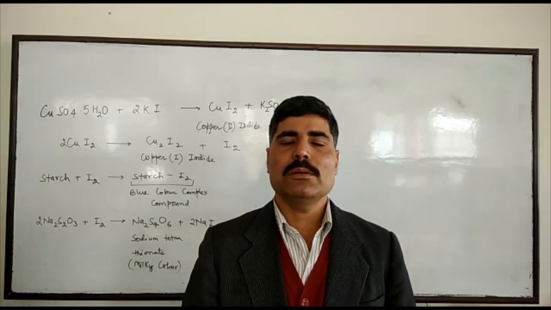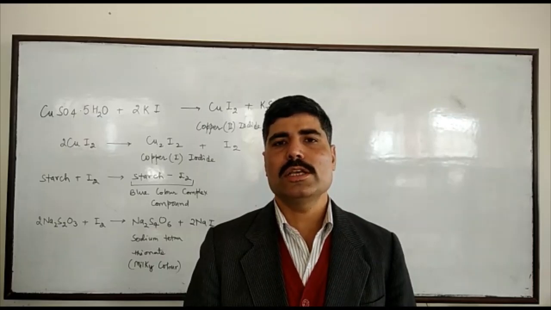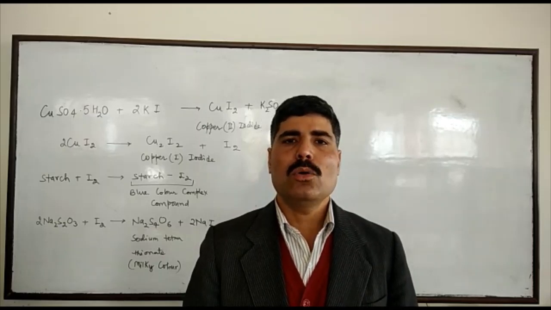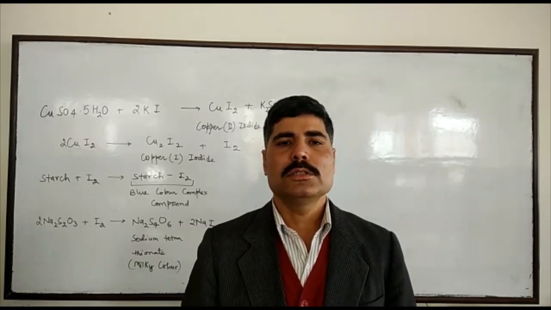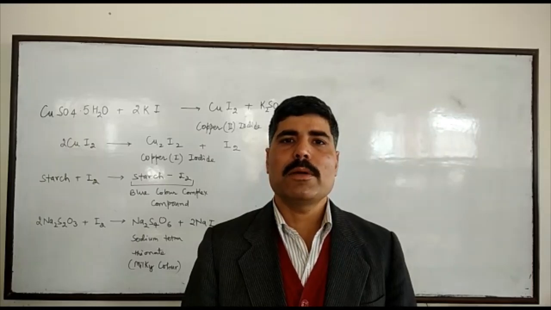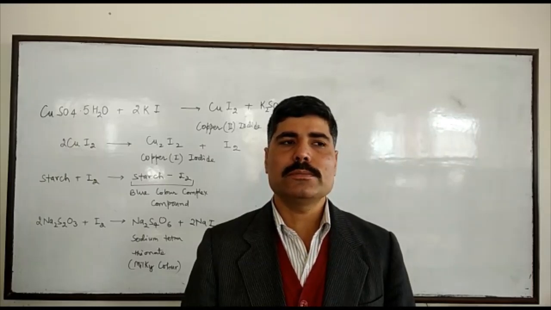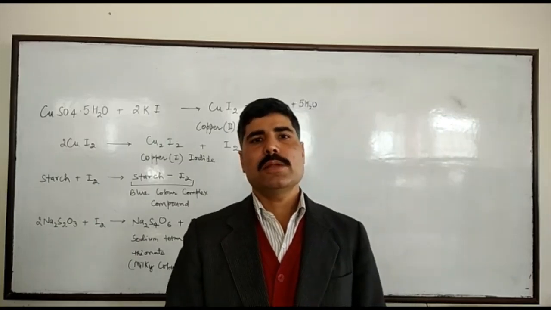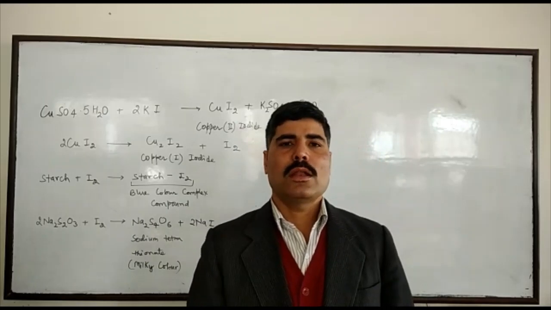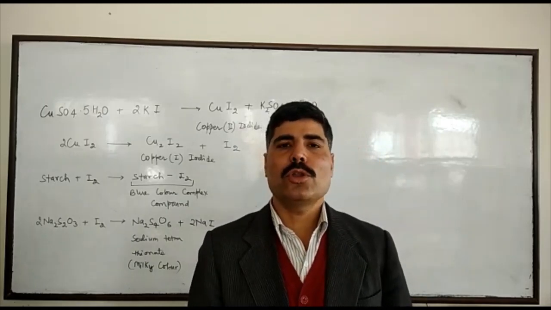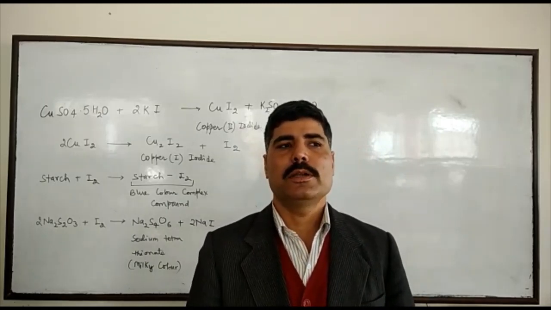And for the titration, basically, we require three chemicals. First is unknown, second is known, and third one is indicator. Unknown is a given water sample solution of copper ion, that is blue vitriol solution. Known is N/25 sodium thiosulfate solution. And indicator, here we are using freshly prepared starch. Now we move to the principle or the theory part of the experiment.